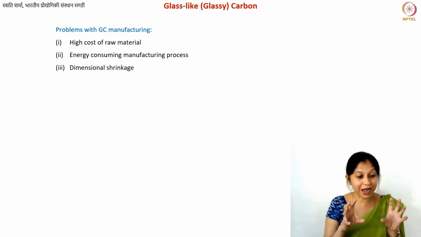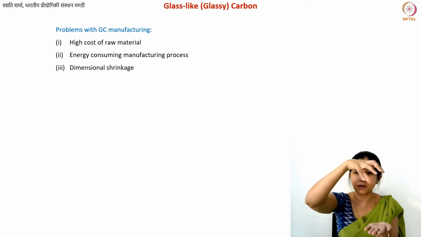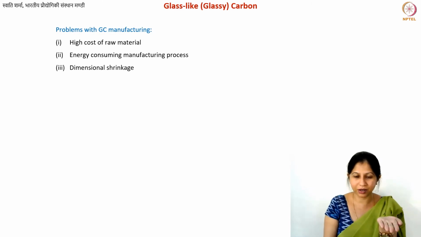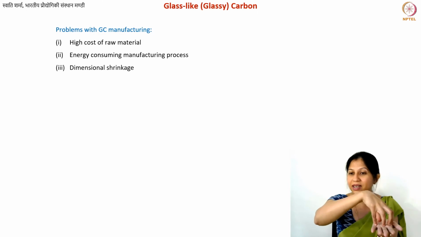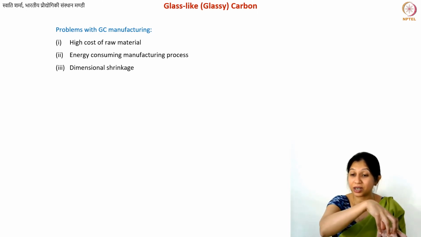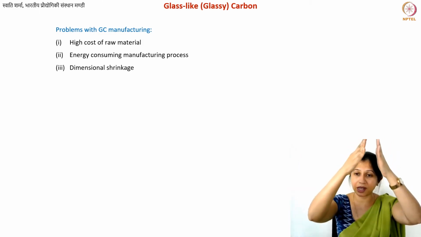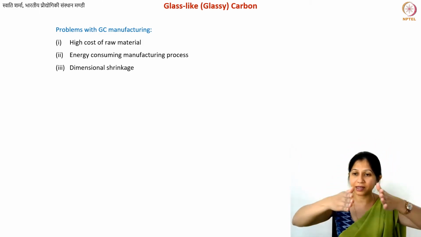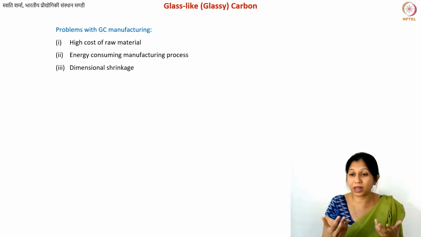But at the same time, if you have any substrate, let's say I made a pillar on a substrate, on a certain surface. In that case, the part that is attached to the surface, if it has good adhesion, will not shrink so much compared to the top part. Then I will end up getting something like this rather than a pillar. So the top part will shrink more than the bottom part.